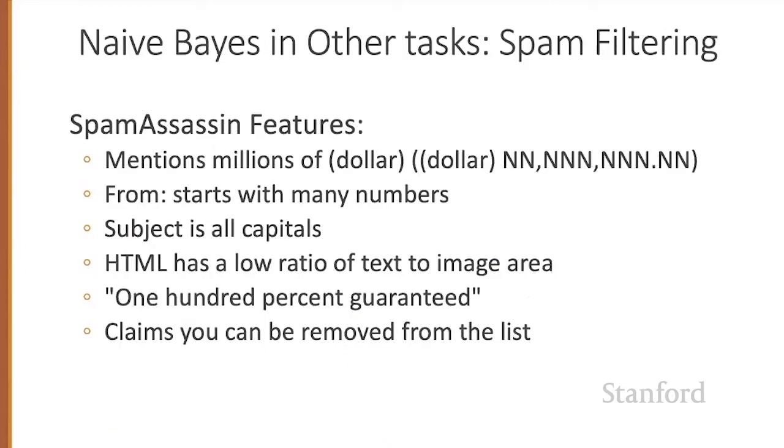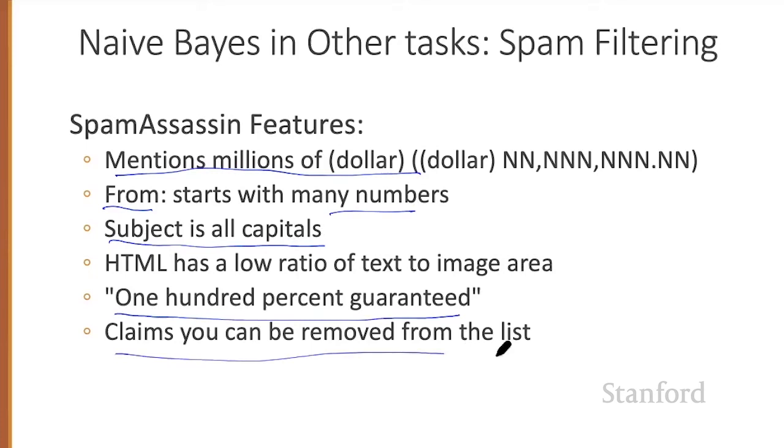Of course, naive Bayes is useful for other kinds of tasks with text than sentiment. So spam filtering is one famous example. Some features from a naive Bayes spam classifier: if the text mentions millions of dollars, or if the from starts with numbers, or if the subject line is in all caps, or if you see the phrase 100% guaranteed, or some claim that you can be removed from the list. These are all features that suggest that you're looking at spam,